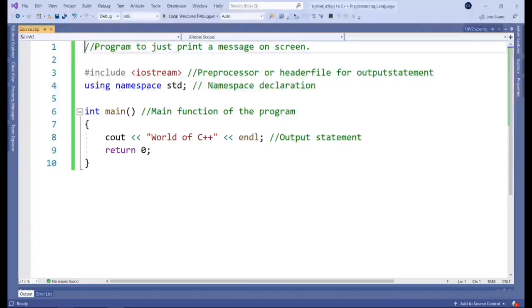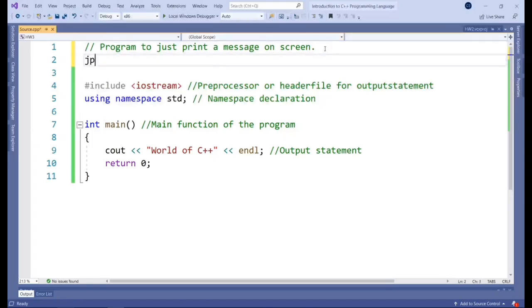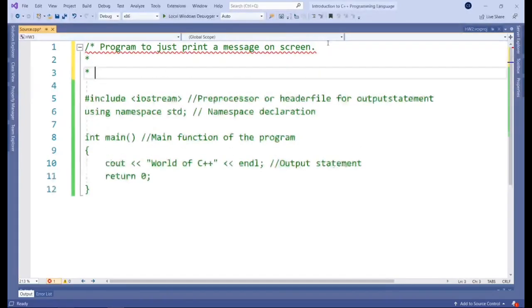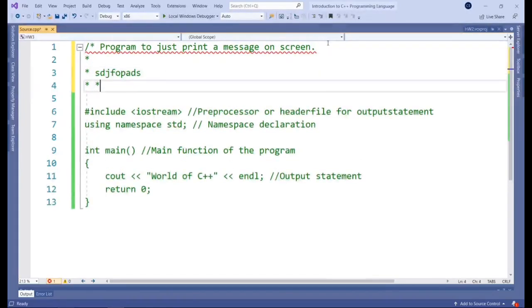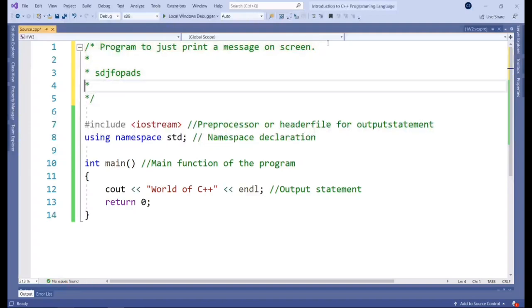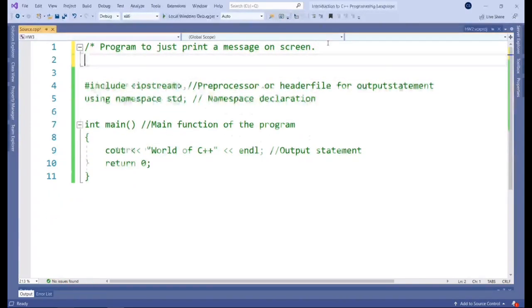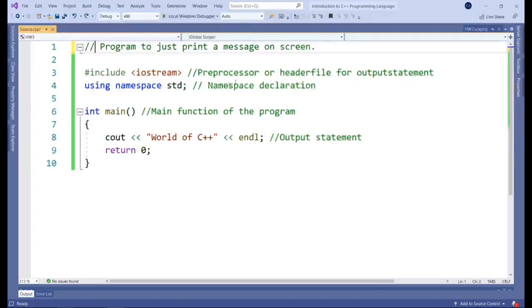And this is how we can write a comment, just the 2 forward slashes. This is what we call a single line comment. If you go on to the second line, that's not going to work any longer. You can see the highlighting is different. If you want to make it multiple line, you can just start like that, and then when you want to end it, just do that. And then we're getting back to regular text. But anyways, let's get going and let's examine the rest of the lines.